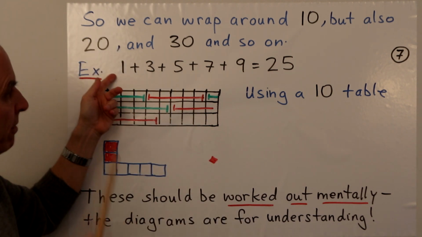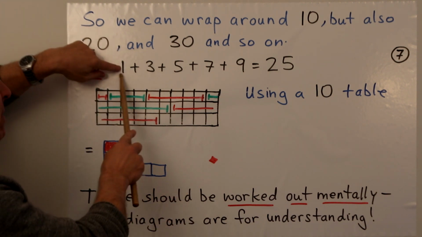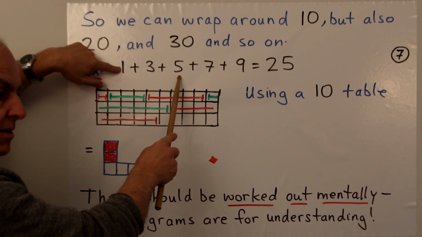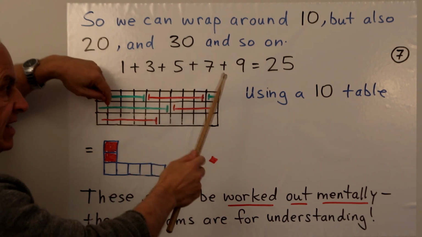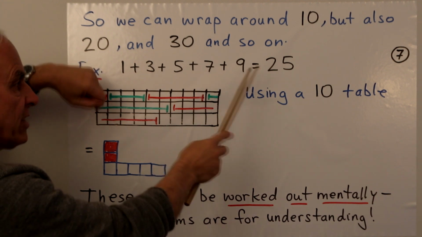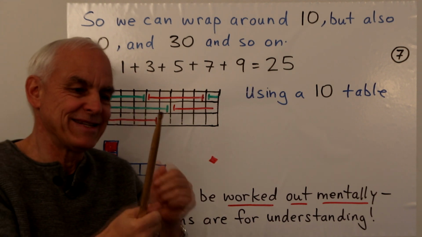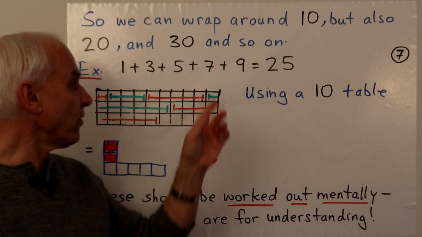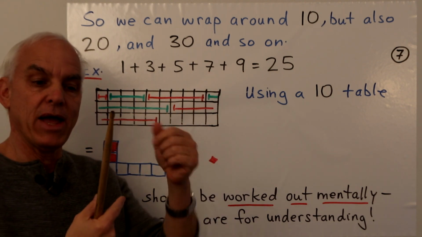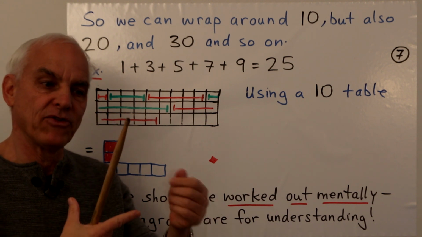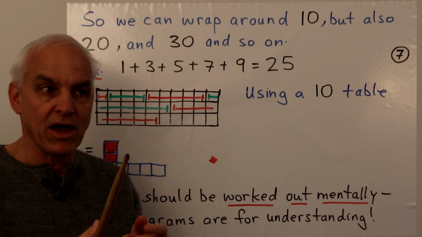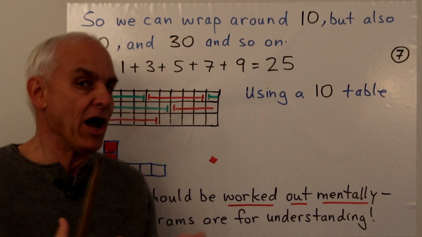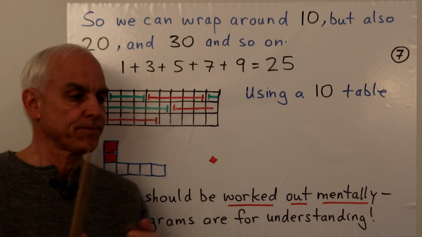And so in our minds, what we would do is we would say, okay, 1 plus 3 is 4, plus 5 is 9, plus 7 is 16, plus 9 is 25. So at each stage, we're doing a single addition of a digit to whatever we already have. So at this stage here, we had 16, and then we added 9. So 16 plus 9, that's like a wrapping around, because 6 plus 9 is 15. And so 16 plus 9 will be 25.